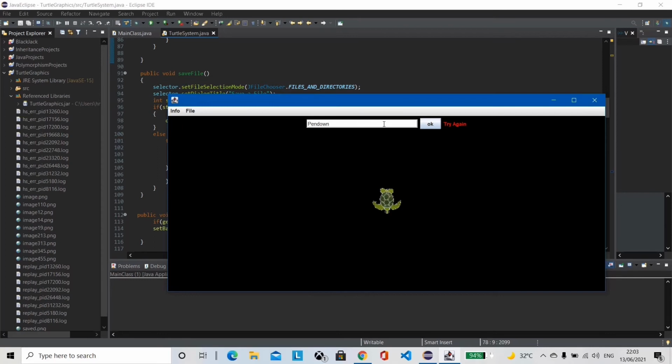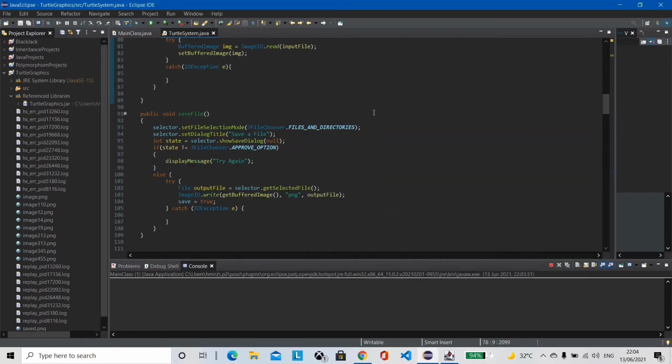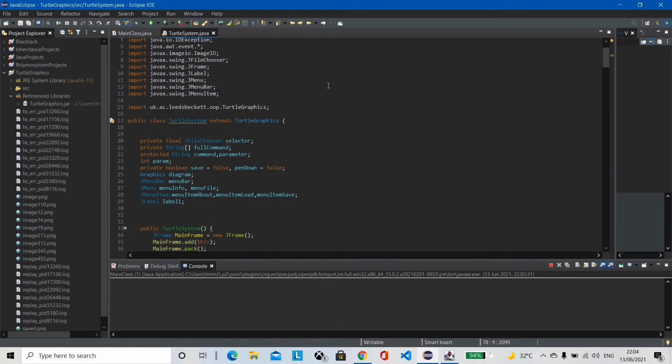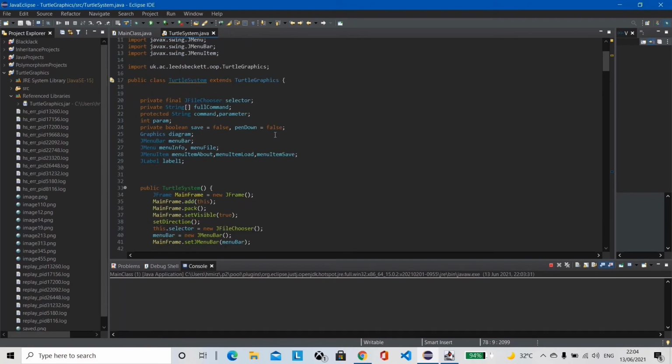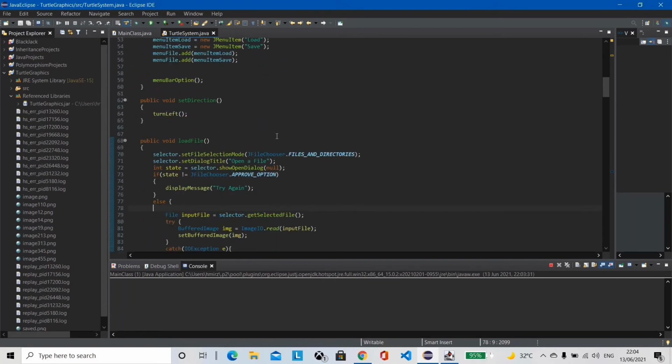If I do the pen down, go forward and draw anything, and then I try to call load, it won't let me. How? Because of these two Boolean variables, which are amazing. Save is equal to false and pen down is equal to false. What they do is that